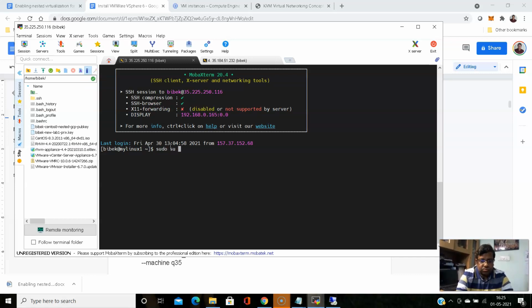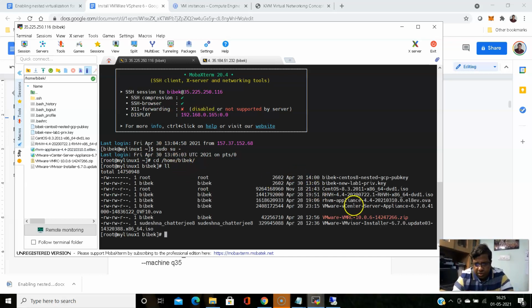Let's copy that one as well. By the time we install our ESX, this copy will also complete. It's not a very big file, it's a small file, so it will not take much time. So VMware vCenter, this one. Okay,